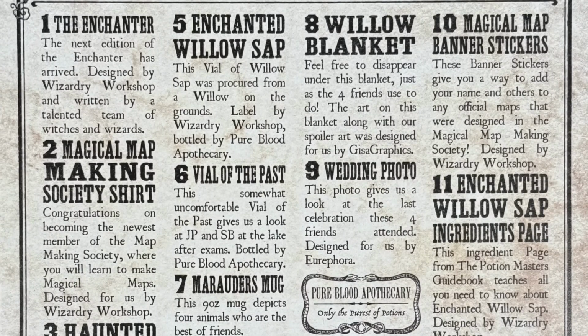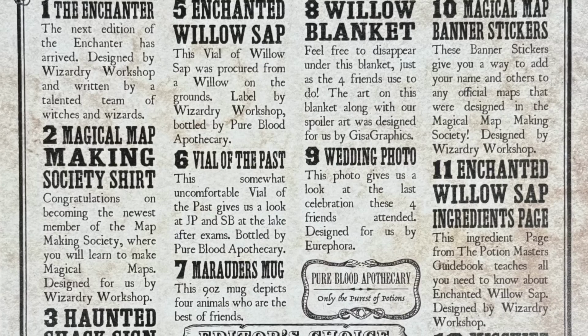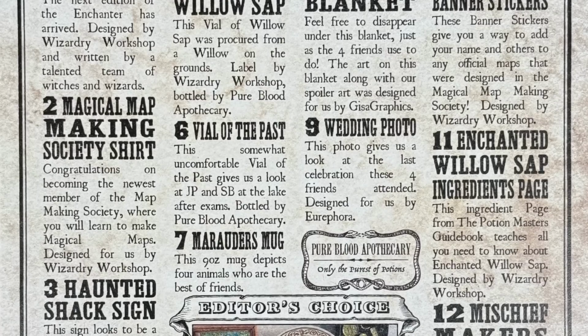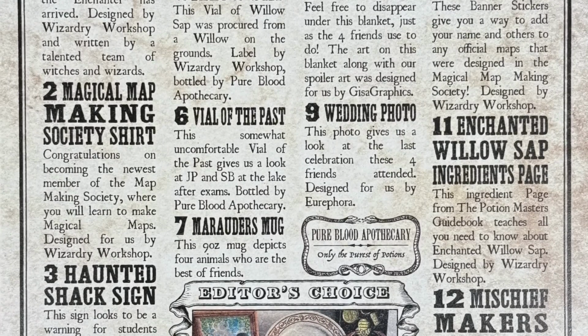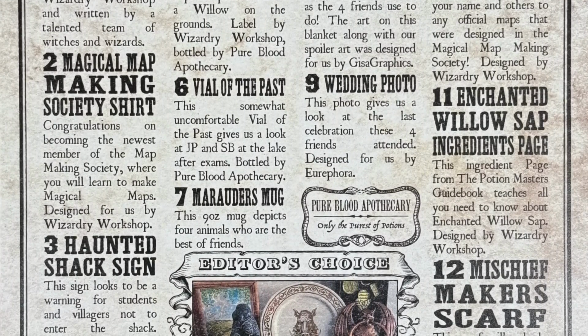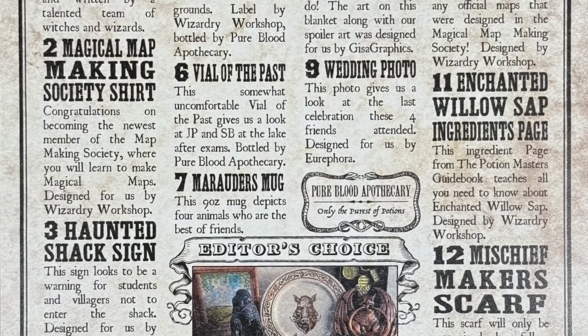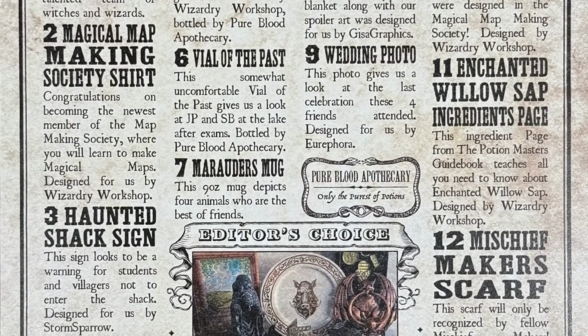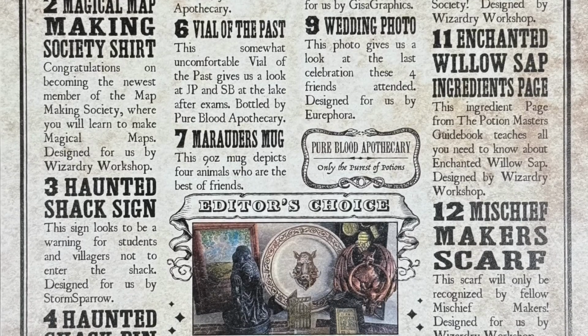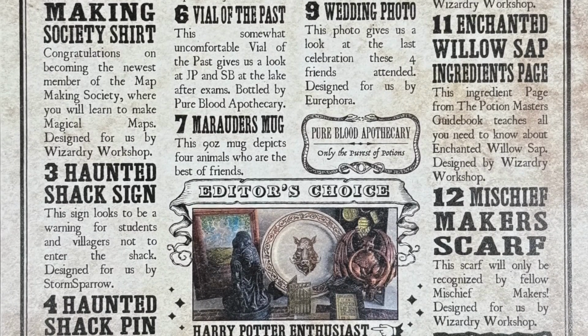Magical Map banner stickers. These banner stickers give you a way to add your name and others to any magical maps that were designed in the Magical Map Making Society, designed by Wizardry Workshop. Enchanted Willow sap ingredients page. This ingredient page from the Potion Master's Guidebook teaches all you need to know about Enchanted Willow sap, designed by